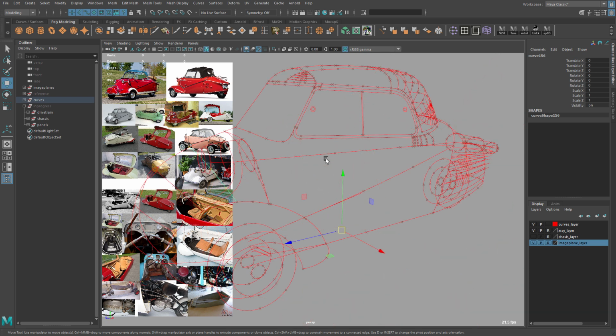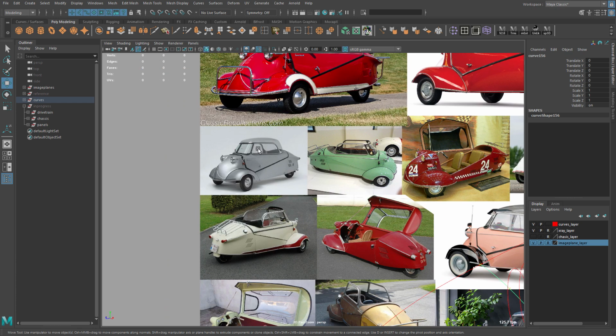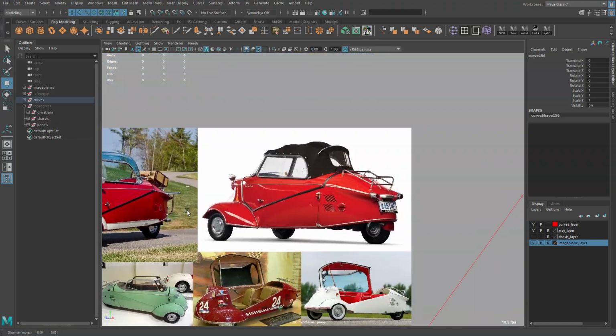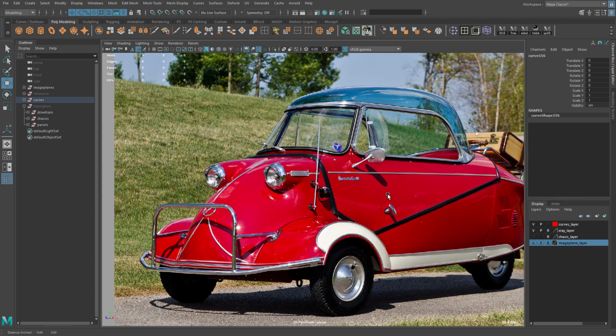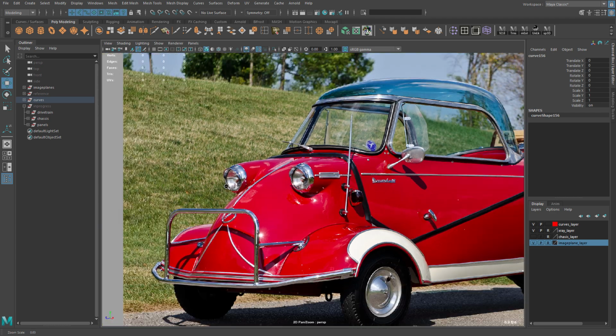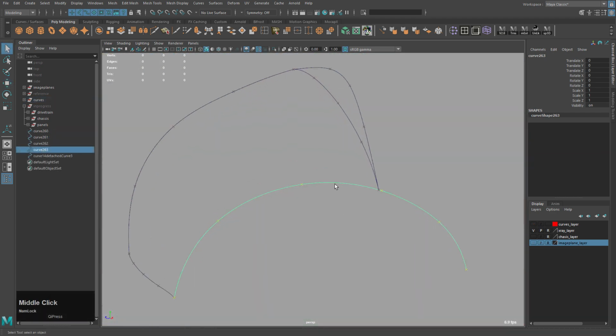Once you make your image planes, if you want to move them around and look at them, you hold the backslash. Backslash is underneath the backspace. So you can see as I'm holding backslash I can move around like this. And the thing that I noticed is a lot of them have this sharp line here, which I wasn't super happy with. I wanted a smoother line. First thing is we need to create this curve so that it ends there.